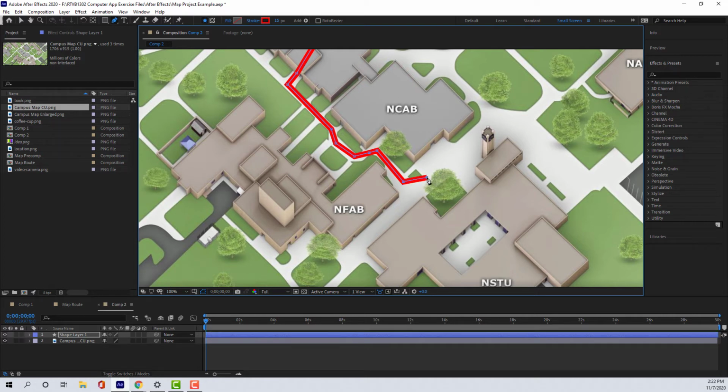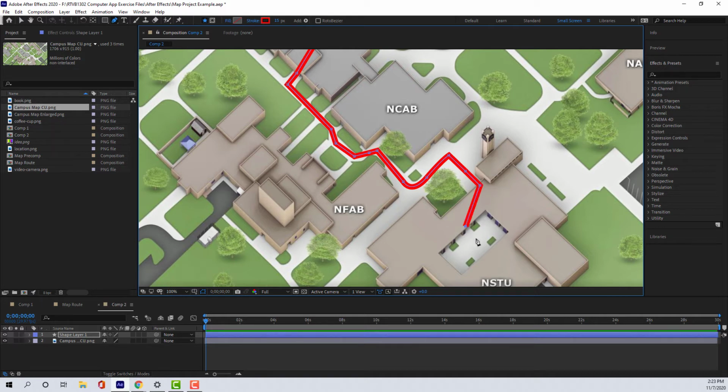When I left click and hold, and while I'm still holding, if I drag out, this point turns into a Bezier curve. And so that allows us some additional finesse with this path where we can actually create some curves. So I can come here, and then I can come here, and then I'm going to, I think in this one we